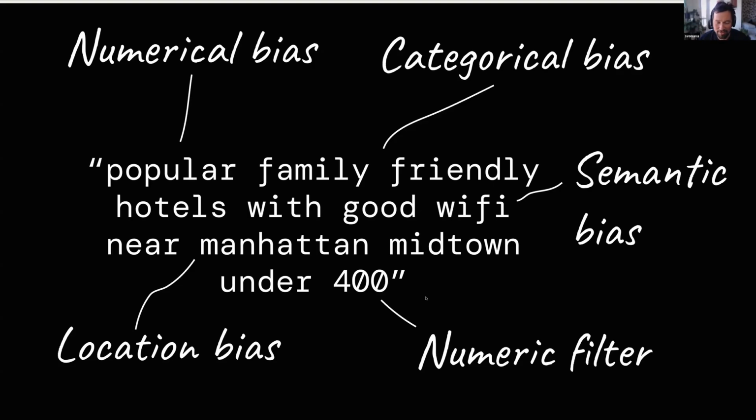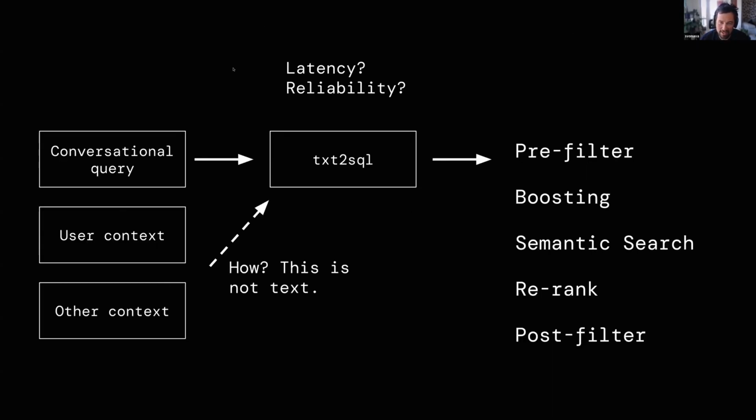So if your toolkit for dealing with this is just a text embedding model under the hood, it's not going to actually understand all these different types of data, and you will just get poor quality results. So how do people deal with this today? It's something built around basically text to SQL, right?